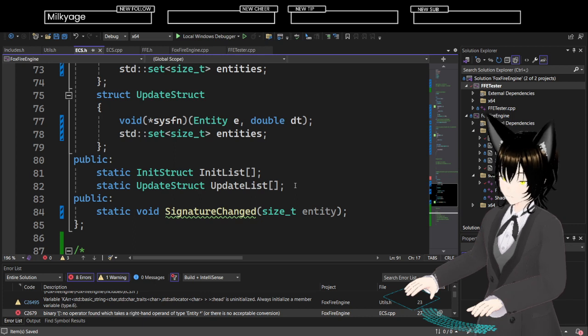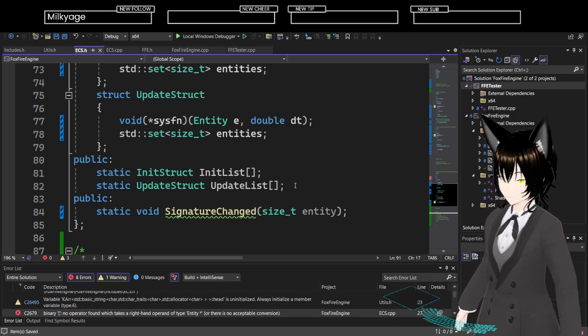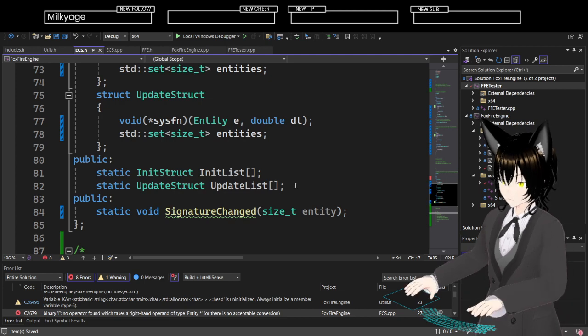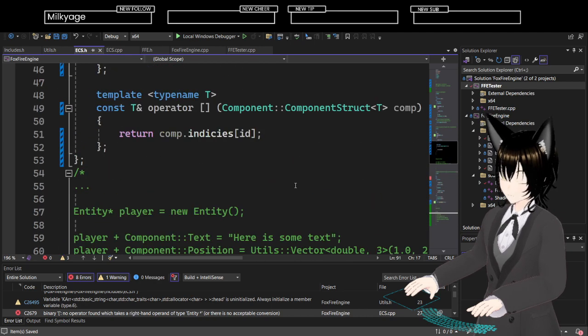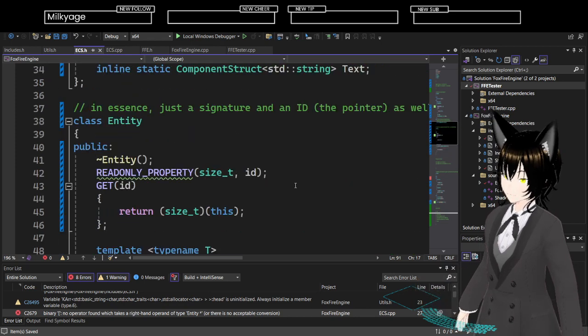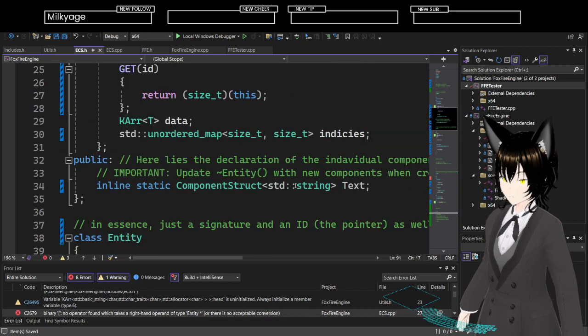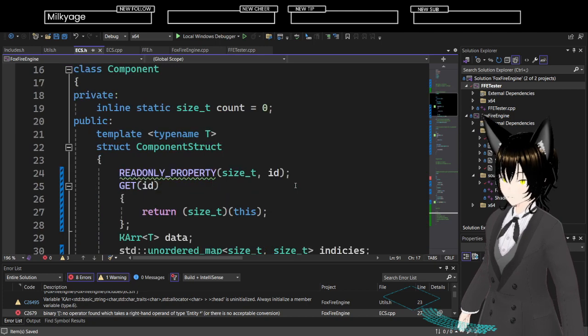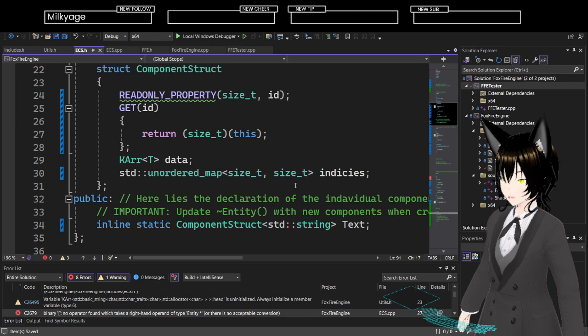Hmm. That might be a thing. But it doesn't necessarily do the stuff that I want it to do.